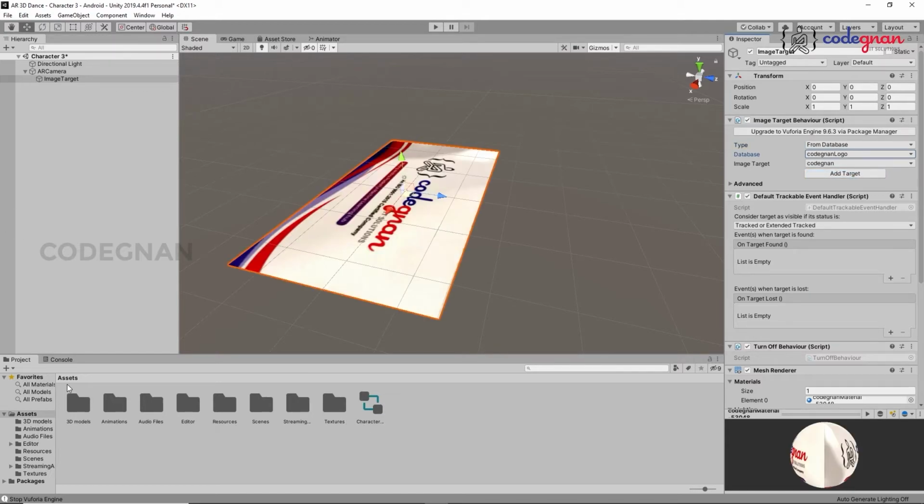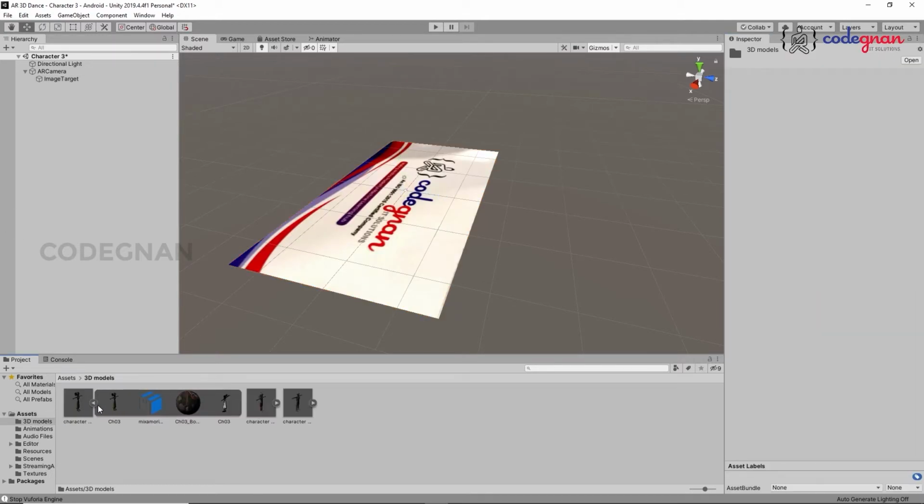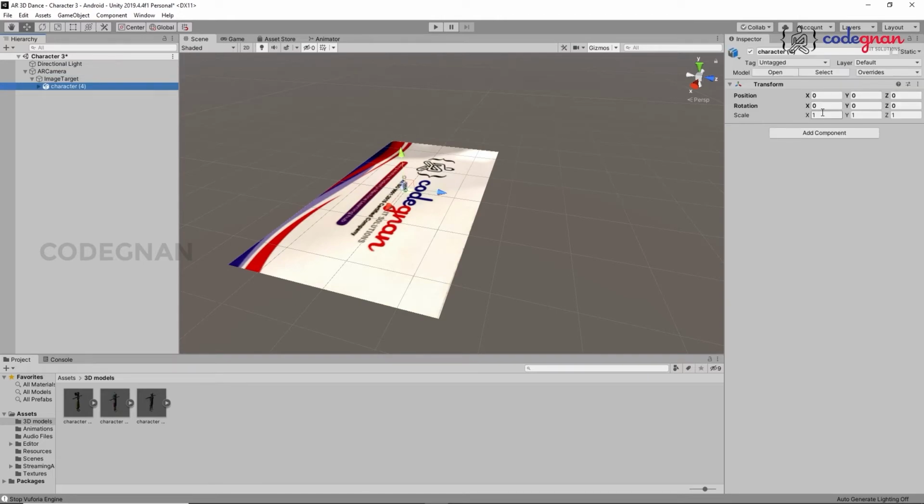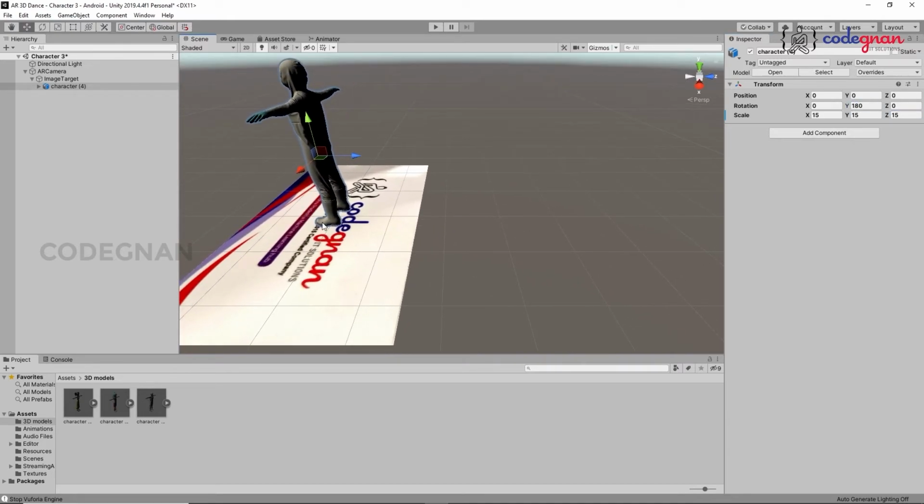And we have one more 3D model called this character, right? I'm going to drag this character in and increase the size of the character to 15. Yeah, it's good. And in the y-axis I'm going to rotate it to 180 degrees, so it will be like this.